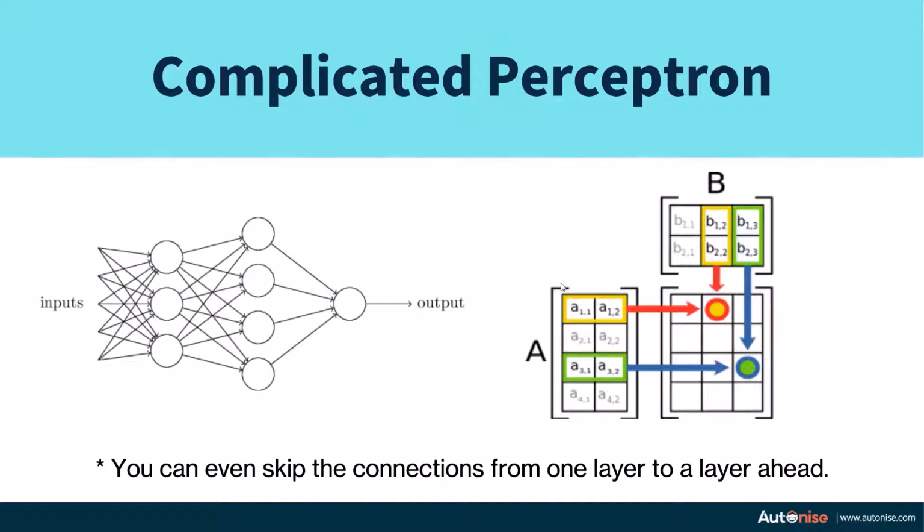That is why we use matrices when we are trying to compute the output of each layer in the perceptrons. You'll see later on why we prefer matrices to store our weights, because that's interlinked with the computation that happens in the hardware. So we'll see at the end of the session why we use matrices and why we do not use any other data type to store our weights.